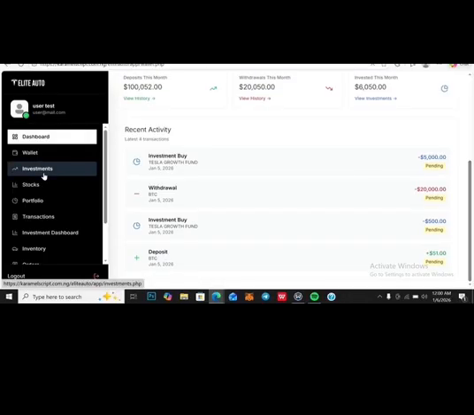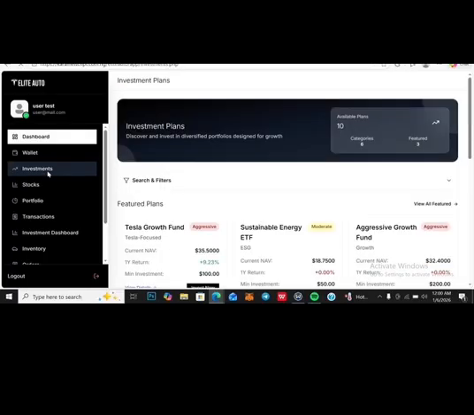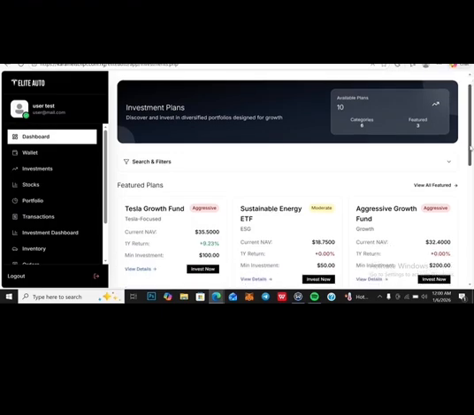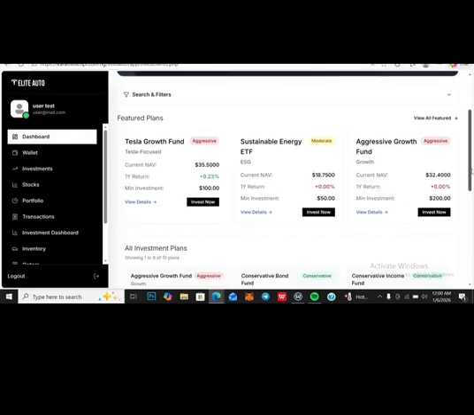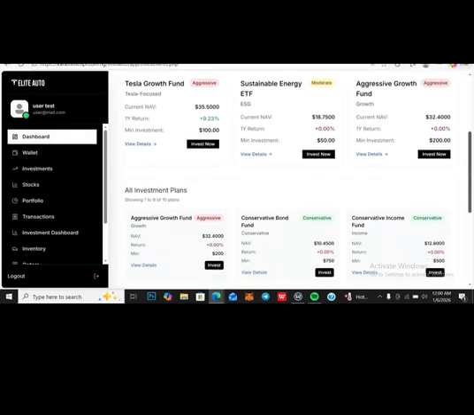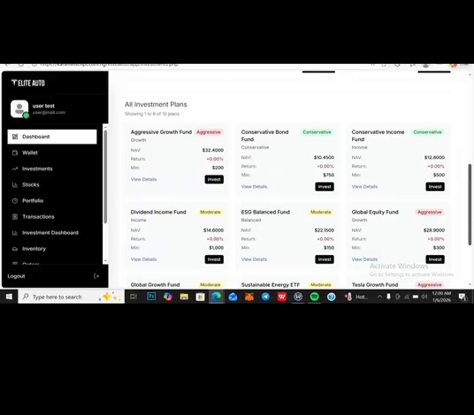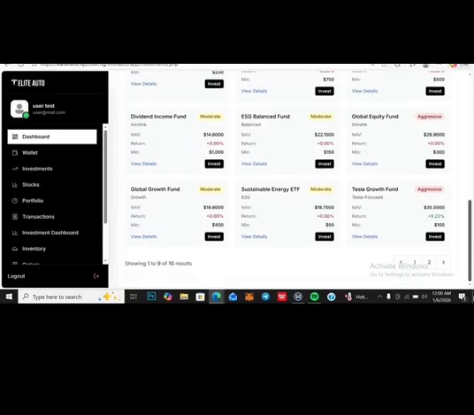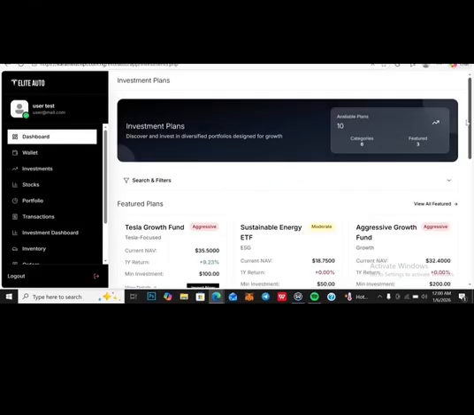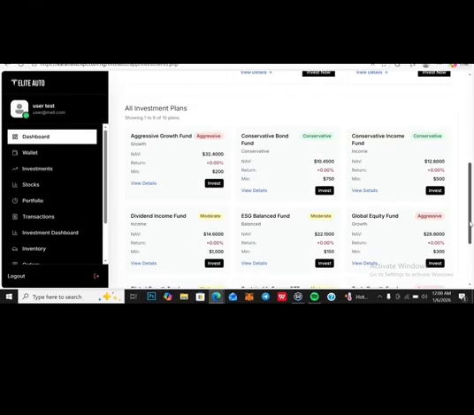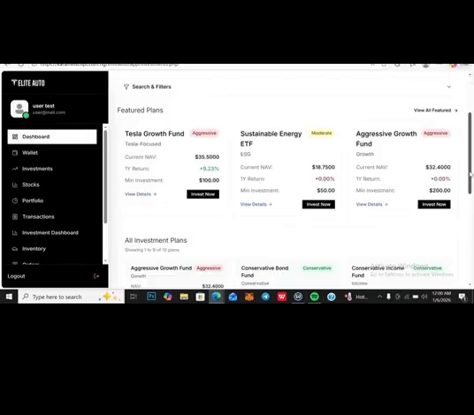So let's check the investments. This is the investments page, right? You are going to see so many plans. This is where you will see the available plans on the website. You can also filter them by categories, like balanced, high risk, aggressive, and conservative investments. So let's try and invest in one. Let me go for